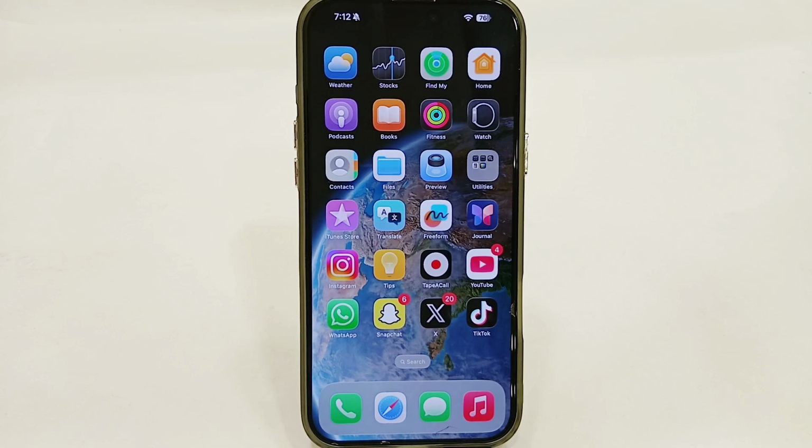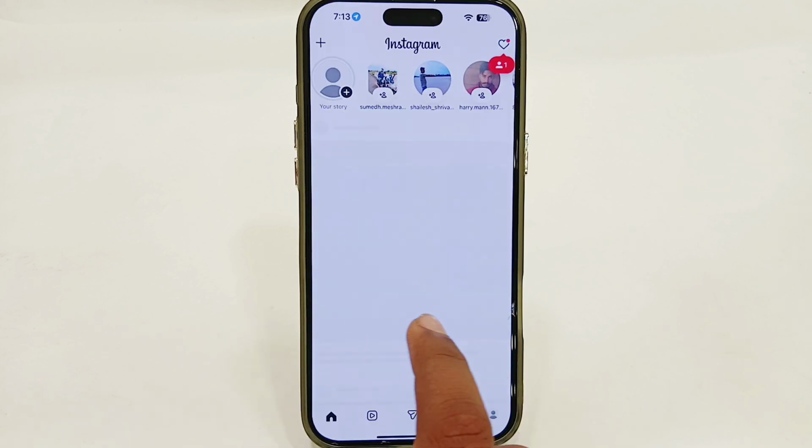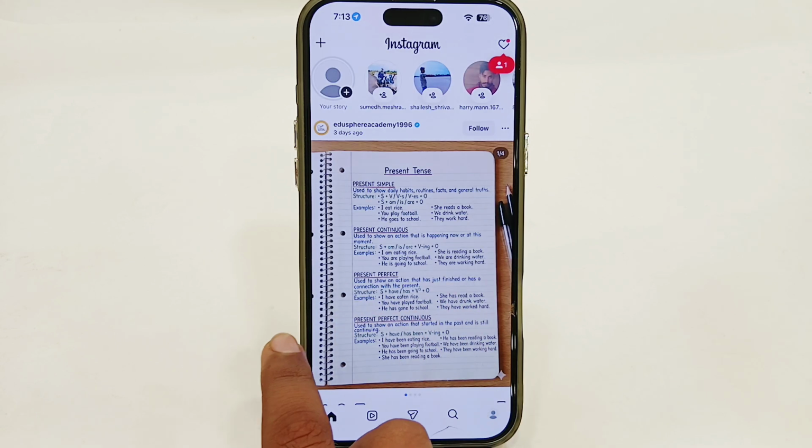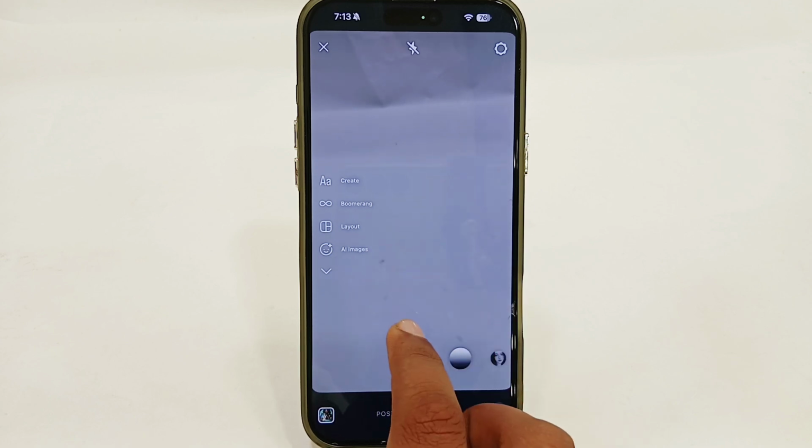Hey guys, today I'm going to tell you how to use Instagram emoji slider. If you're using Instagram and you want to use your Instagram emoji slider, so let's see how you can do that. You have to simply open your Instagram app and just go to the create story section here and you